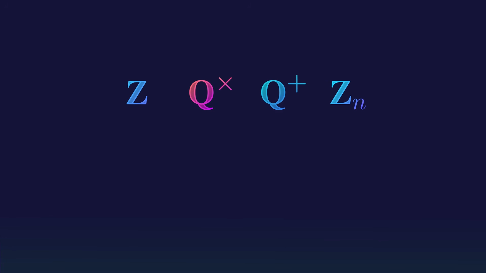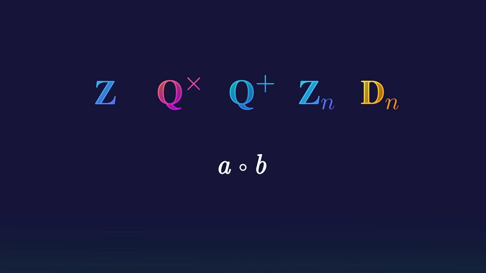In all 4 groups we've looked at so far, the elements commute, meaning that a operated on b is the same as b operated on a. But be careful, even though the circle looks and feels like a multiplication symbol, it is not. There is no rule that says that they should commute. So I want to introduce one final example in which the elements do not commute.